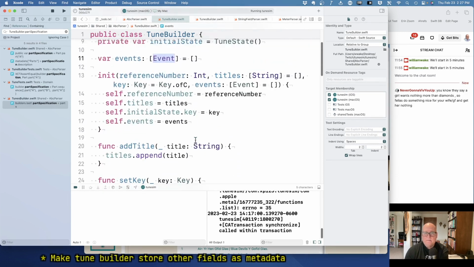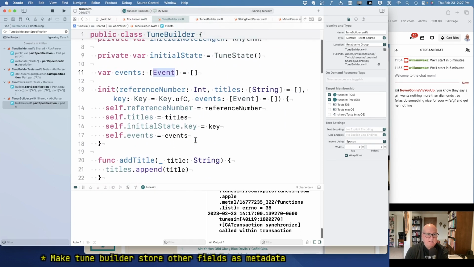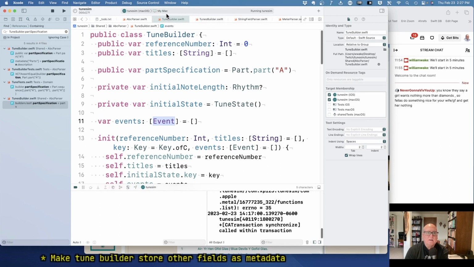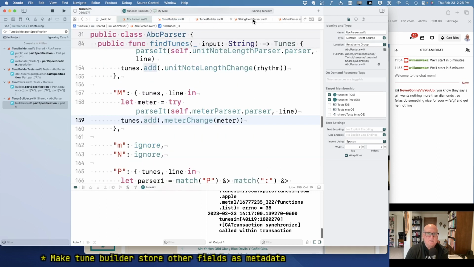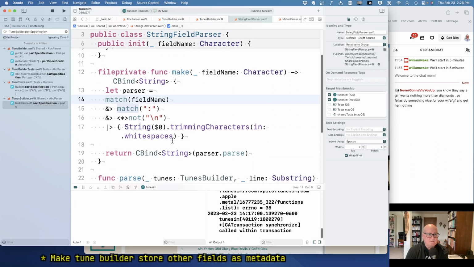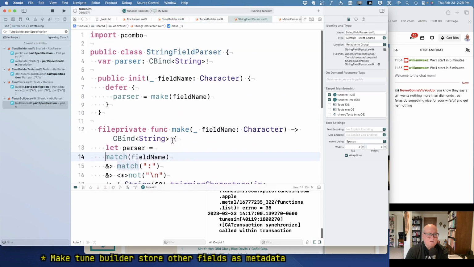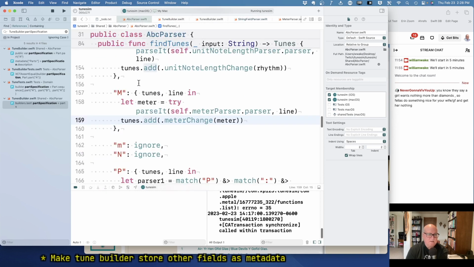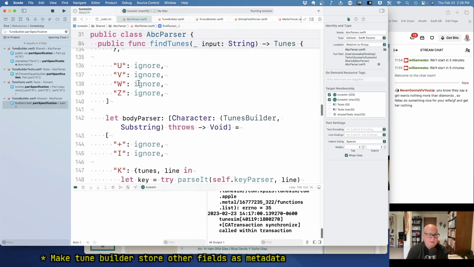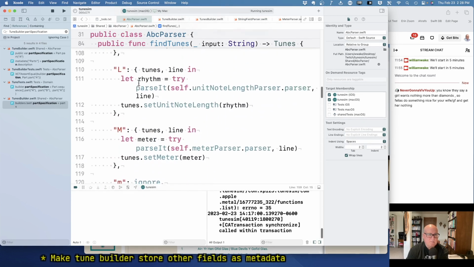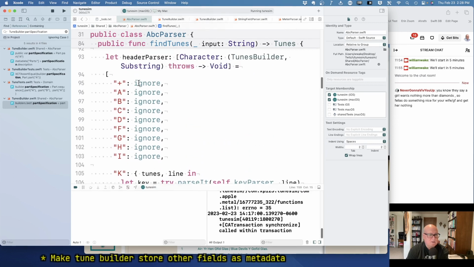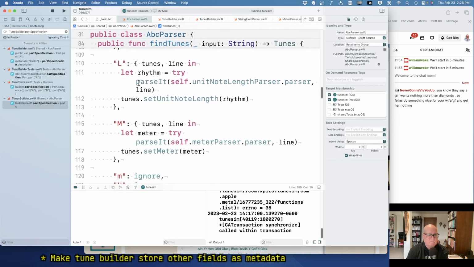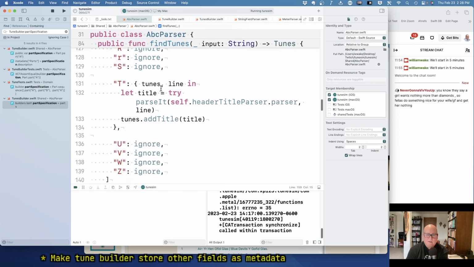All right. Let's go back to our string field parser. I guess with this, I can get book out. Okay, so I could have a string parser. I could have a book parser. I don't even need a book parser. I just need a, yeah, I'm making life harder by doing this. Okay, so I think